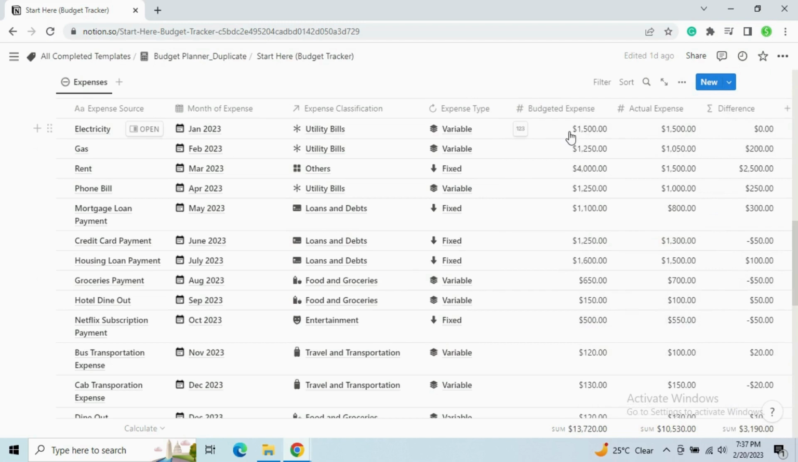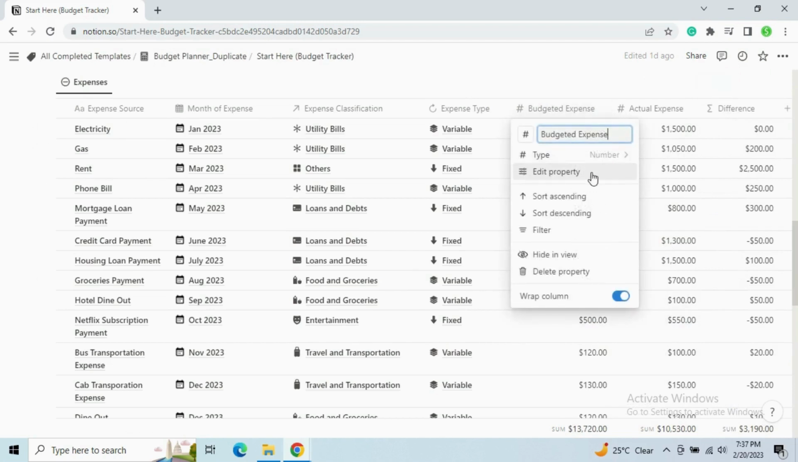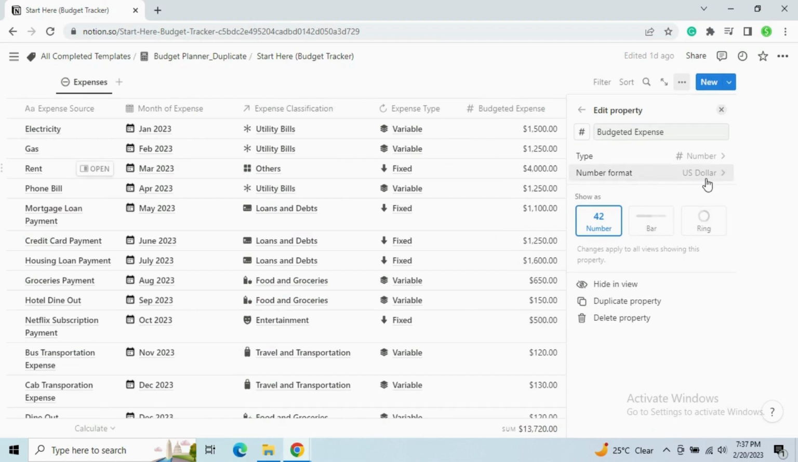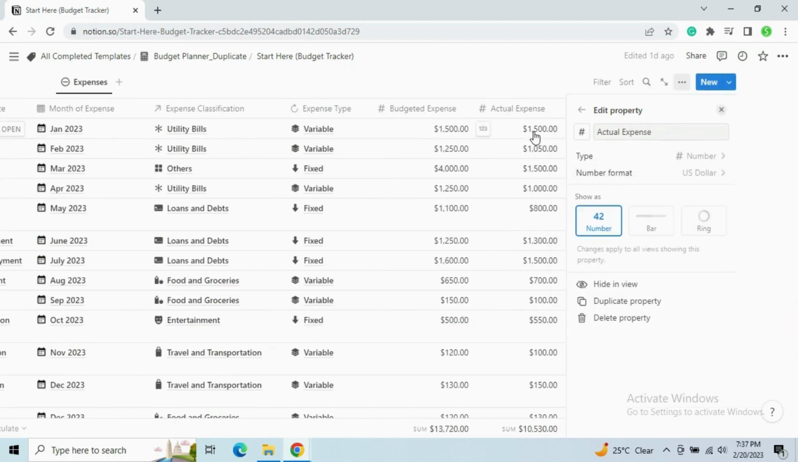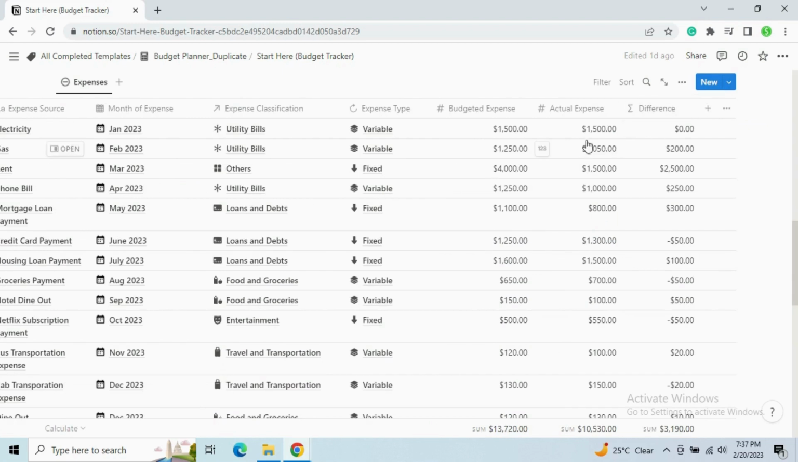Then we have the budgeted expense, which has a number property set as US dollars that sets the expected expense for a particular month. Then we have the actual expense, which has the number property set as US dollars that tells the actual expense for a particular month. Then we have the difference of both the expenses,